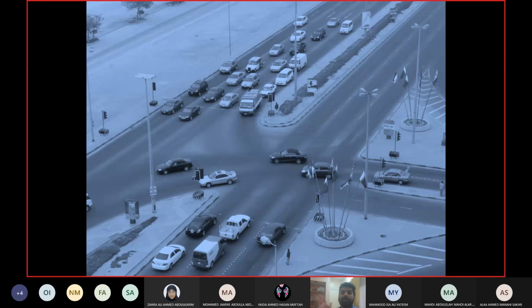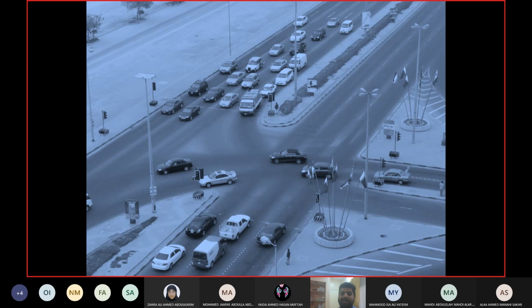Then the third point was changing the lanes carelessly. Now it's a very rude word. Obviously, some traffic officer filled it up, and they are already very angry at us. So they are saying, changing the lane carelessly. Why would a guy change the lane carelessly? First of all, changing the lane near the intersection is considered dangerous and careless.